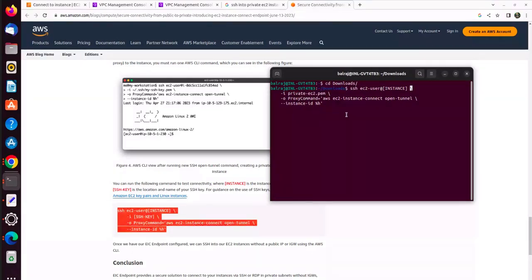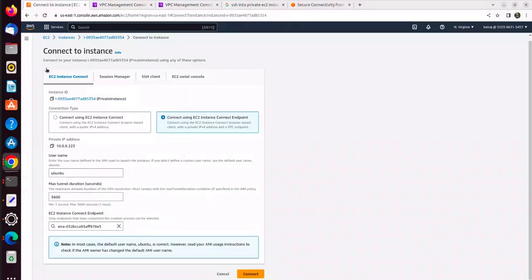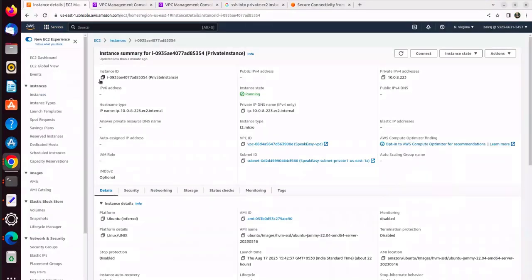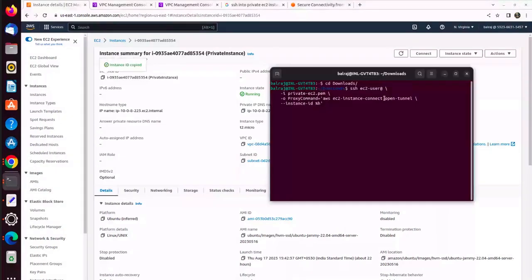Then the instance, that means the instance ID, which is over here. You have to copy this instance ID and paste it over here. Then my user is Ubuntu, as we already know. So when I click over here,